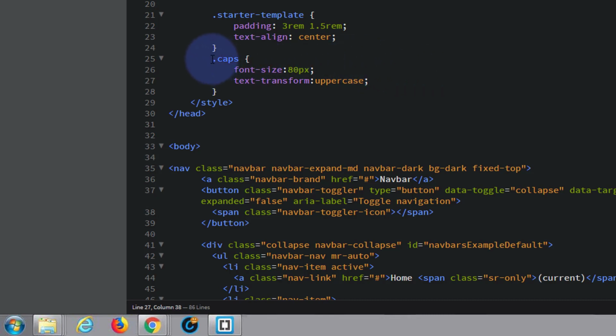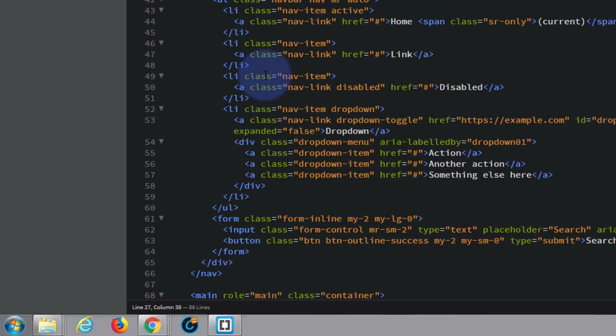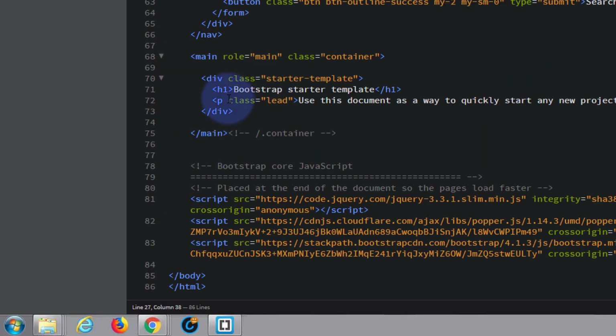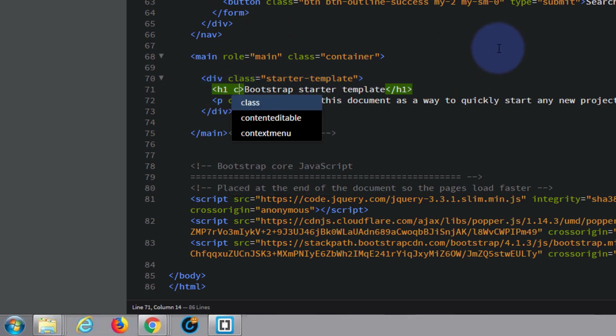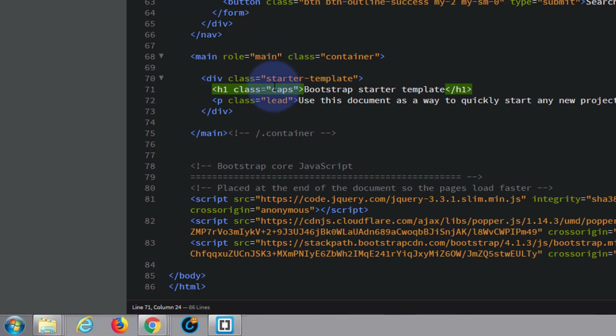Okay, now we've created that saying font-size 80px and text-transform uppercase. We've got to tell our H1 down here that that's what we want it to do. So to do that, we want to give it that class equals, and the name that we just gave it, which was caps, C-A-P-S, without the dot. You don't need the dot there when you're writing the HTML. That's just putting that class in. Let's save that, Control S to save,